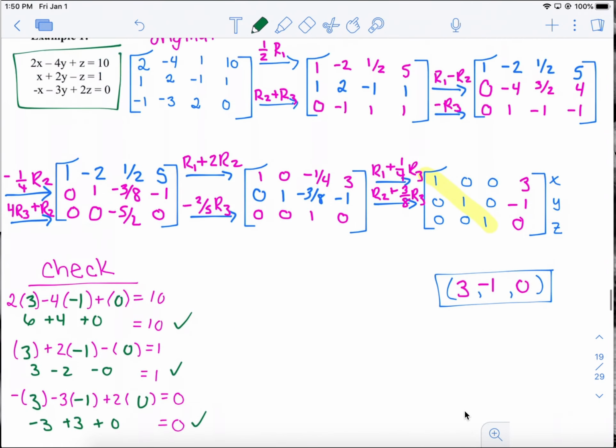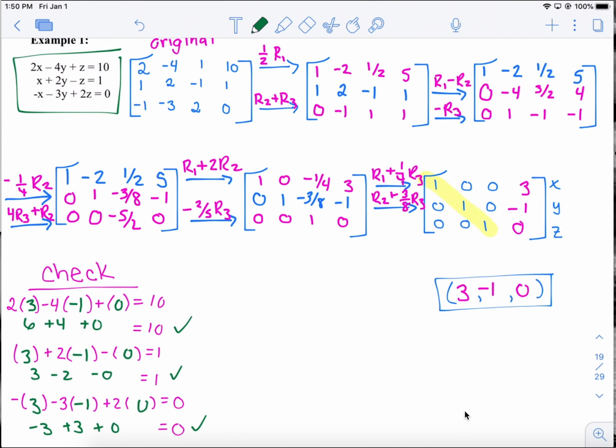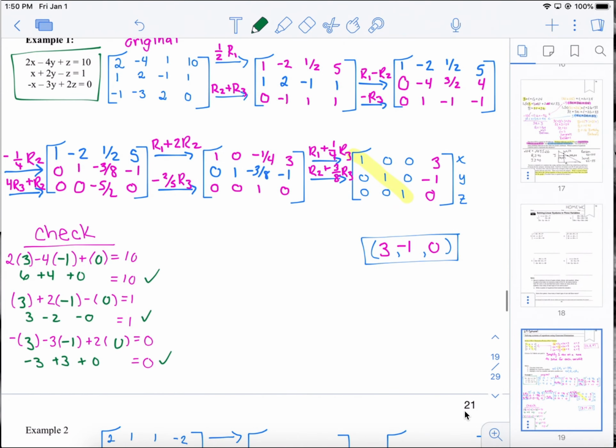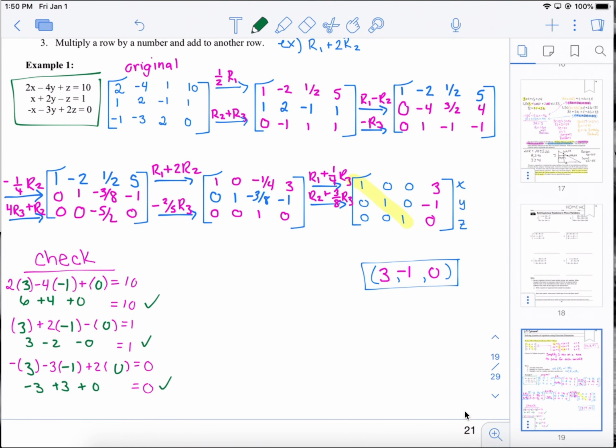When all of those are checked out and they work, that's how you know that you have the correct solution. If you plug them in and it doesn't, then you're going to need to check your math along the way. Not going to lie to you, when I was doing these notes as a practice swing, I did mess up on one of them. Okay, and I took -2 of something and I just didn't get rid of the fraction